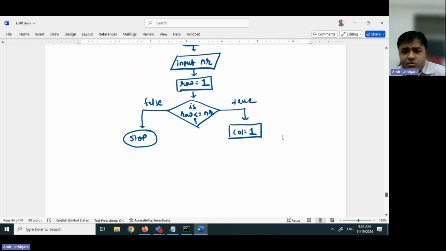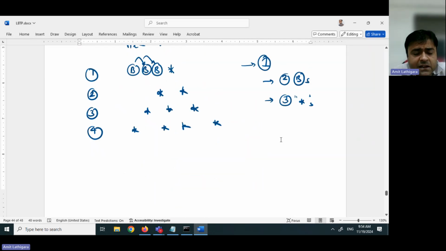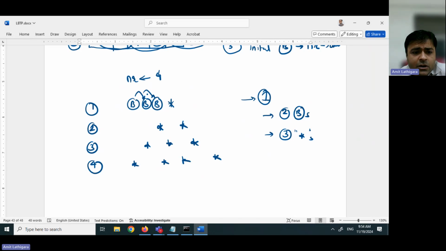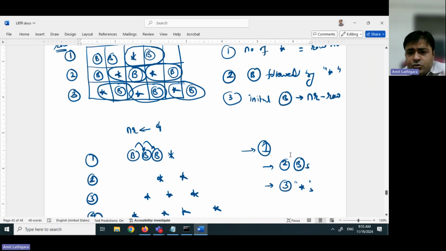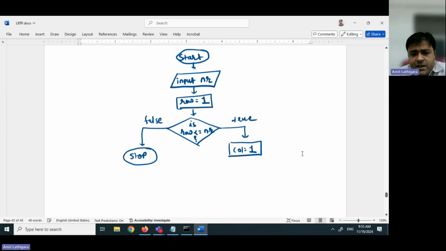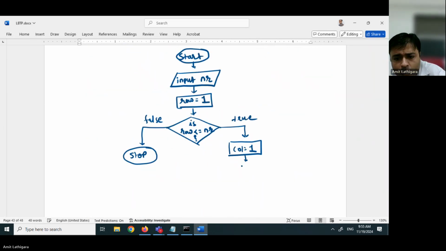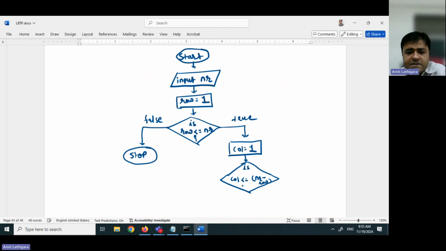How many times do we need to run this loop? It depends on which row we are working with and the total number of rows. So as per our formula, it is the total number of rows minus the current row number. So if my column value is less than or equivalent to the total number of rows minus the current row, if this is true,